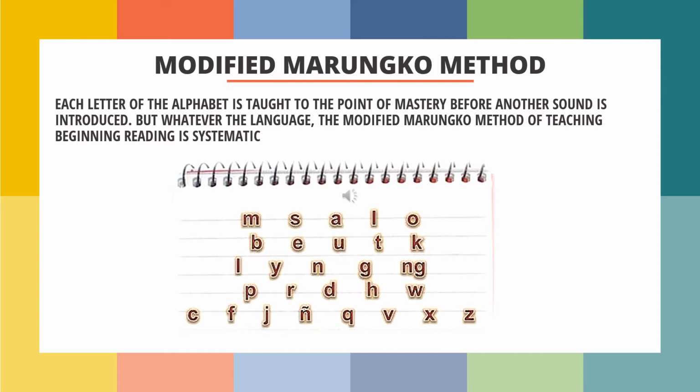One of the strategies that can be used to teach beginning reading in local languages is the modified Marungko method, where the 28 letters of the Filipino alphabet are taught in the same sequence in this image. Each letter of the alphabet is taught to the point of mastery before another sound is introduced. Mastery means that the students can give the letter sound and name, match the uppercase and lowercase, and write the